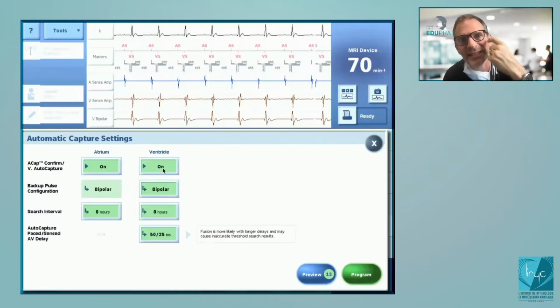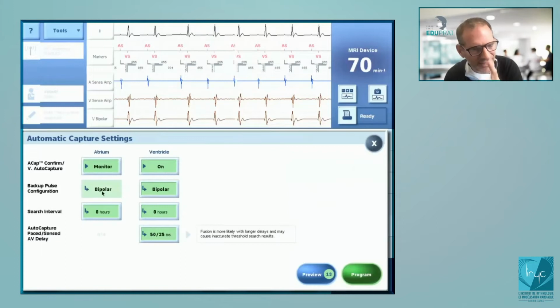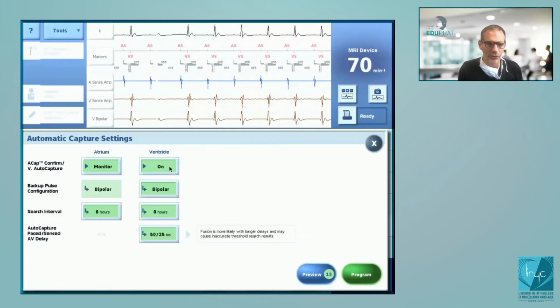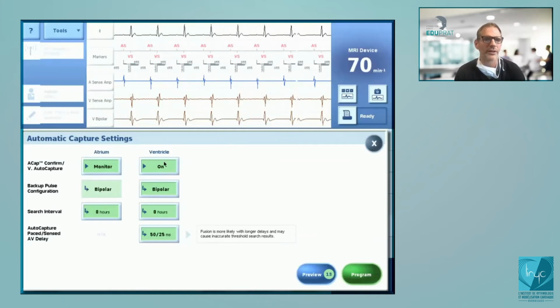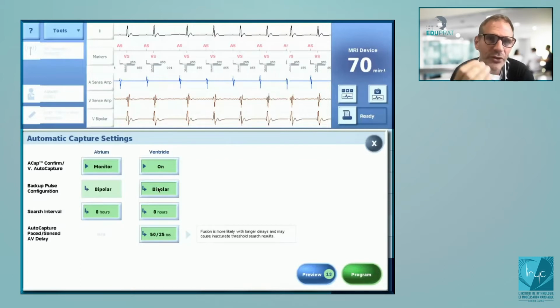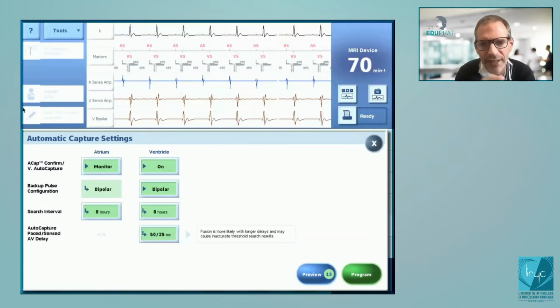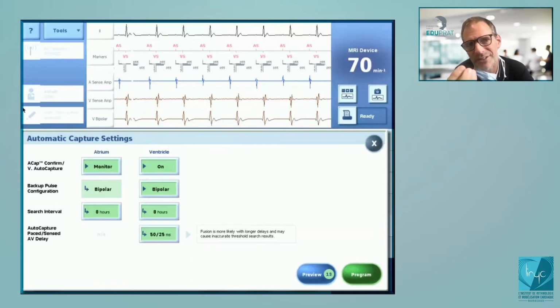So you will see during the interrogation the value of the threshold, but without adaptation. So that's for the atrium. For the ventricle, it's either on or off. If you program it on, it can work with both unipolar or bipolar leads. What you will need to program is the backup pulse configuration. Nominally, I think it's unipolar. Yes, I would say it's unipolar, but you can modify and program it to bipolar because the backup